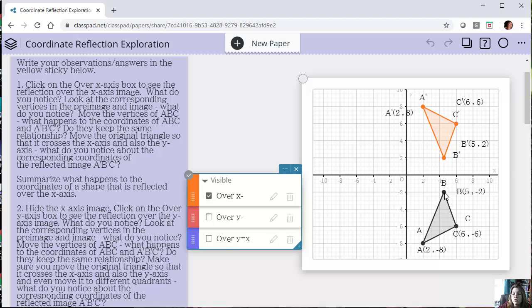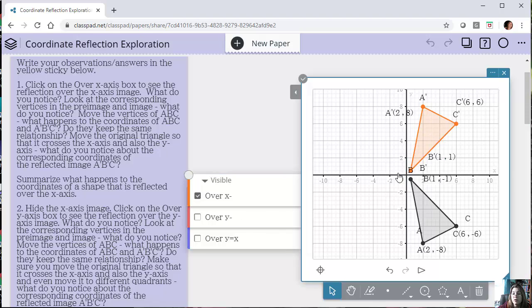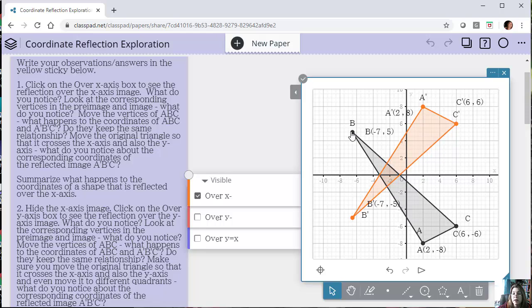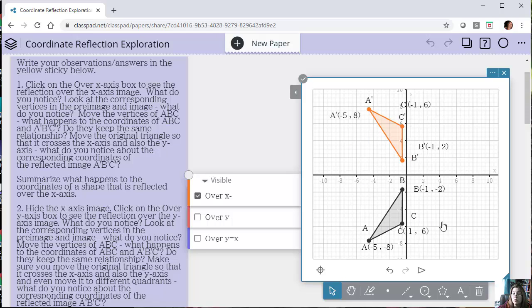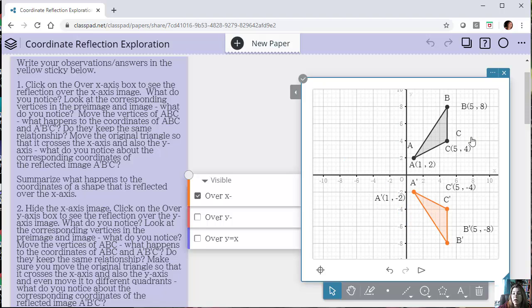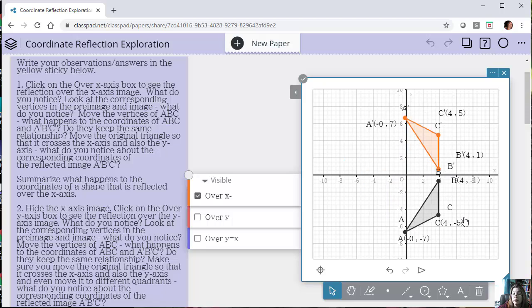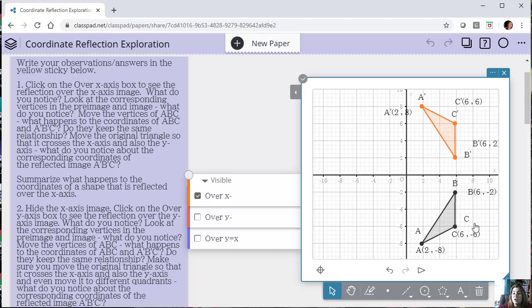We also want them to not just leave this here. What happens if the original were in a different quadrant? Does that rule still apply? Notice the x values stayed the same and the y coordinates did switch to their inverse, but it wasn't originally positive, so its inverse would be negative. This is where we want them to explore, and this is the beauty of dynamic software: you can quickly see things and change things and move things. The goal is to definitely have them move things around in the coordinates. All of this is reflecting over the x-axis, but what happens if the start position of your original is somewhere different? That's the key here.